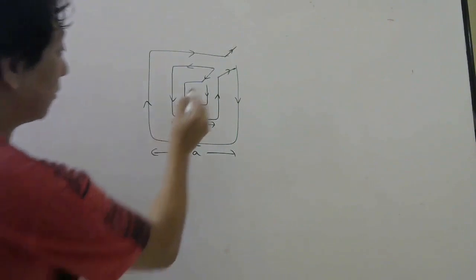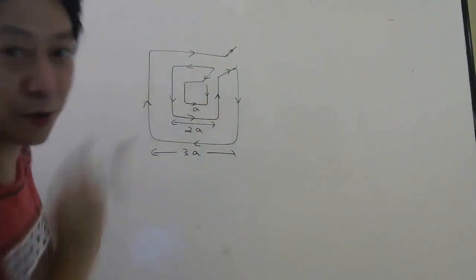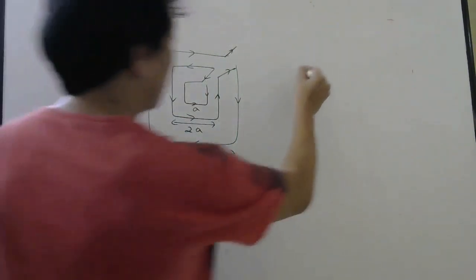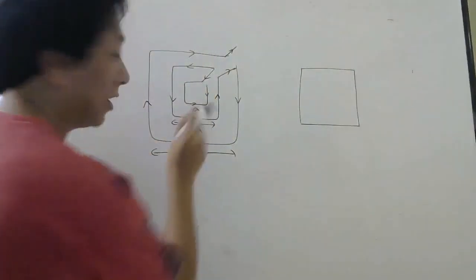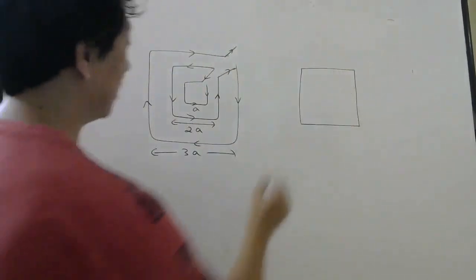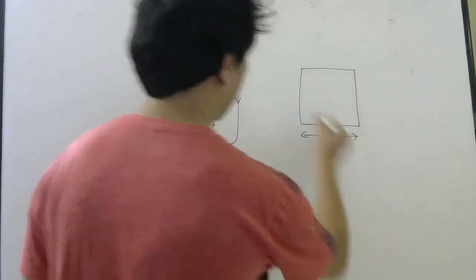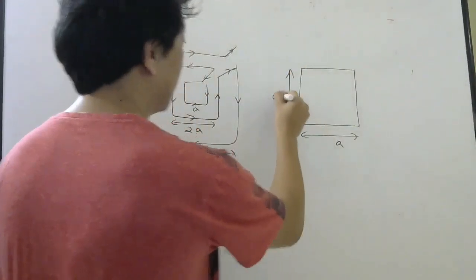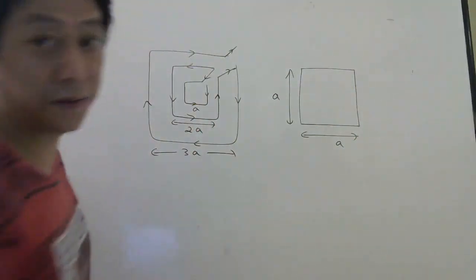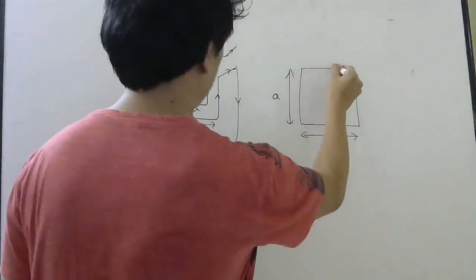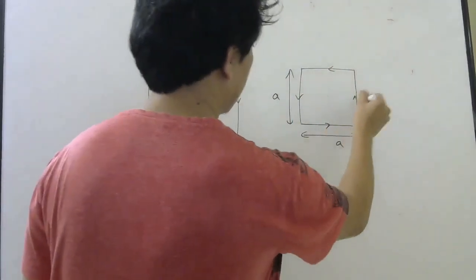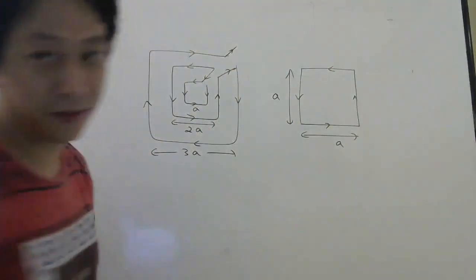So what we will do, we will calculate magnetic field due to one square first. That is very easy. So think of one square, the innermost square. Let me make it bigger and show you here. This is A. This is also A. Correct? So at the center they told. Current is going this way. Forget this small gap here, that you have to neglect.